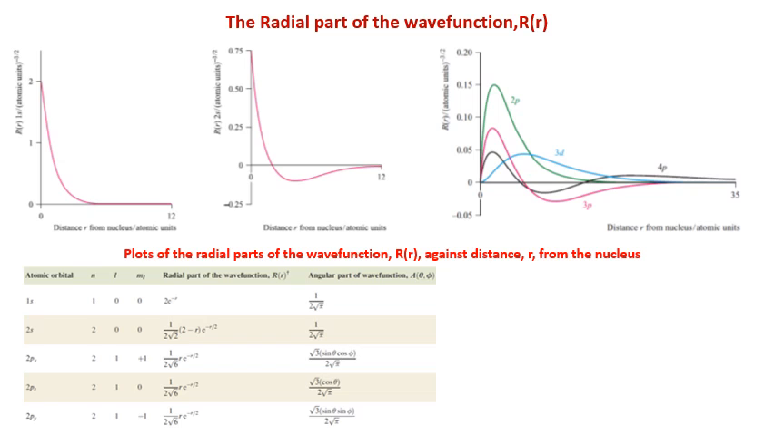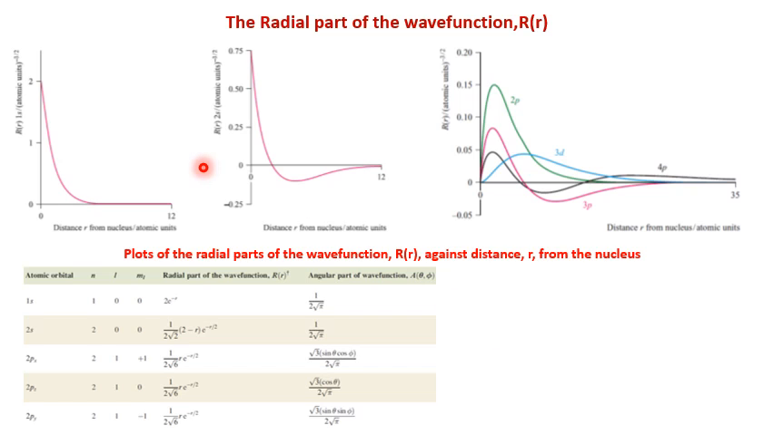Coming to the radial part of the wave function, how to plot the radial part of the wave function against small r, that is the distance from the nucleus, with the different orbitals: 1s, 2s, 2p, 3d, 3p orbital. Here I will discuss that and its physical significance. Now the mathematical form of some of these wave functions,